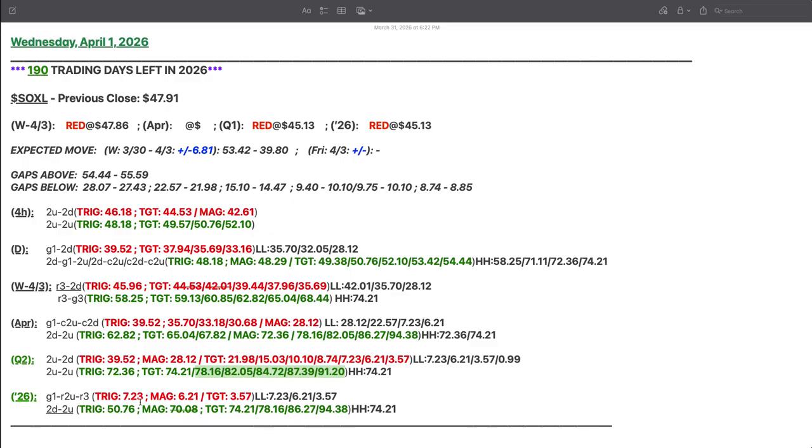Right? We talked about on the year. We already ran the 2 down, 2 up strat, so nothing else really to see there. But yeah, that's what we've got for our triggers and targets for everything from a scalping perspective all the way up through the 1 year chart. Right? I tried to jam in as much information as possible without taking up too much of your time,